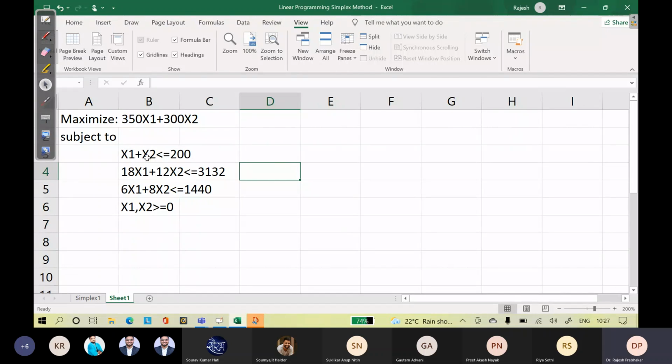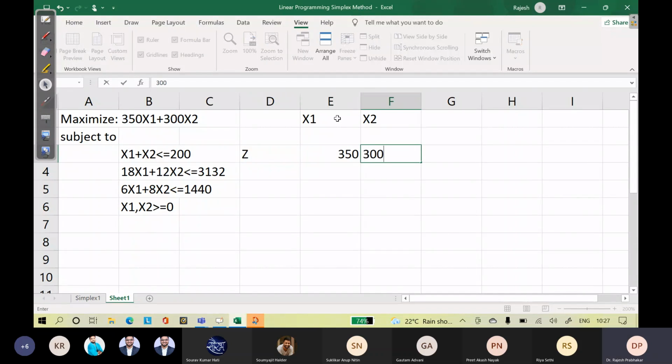So we have three constraints here, which you can't plot on a graph paper. So this is a three constraint, two variables. So x1, x2, z, it is 350, this is 300, maximum.